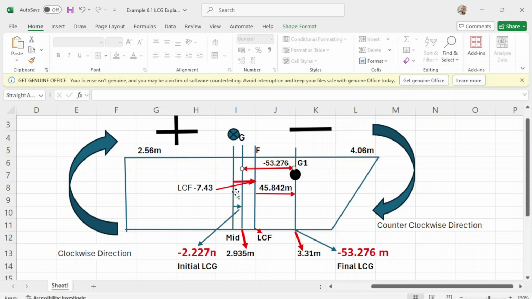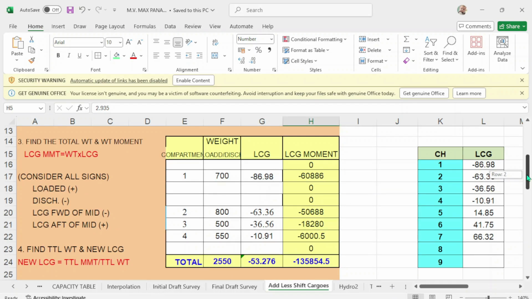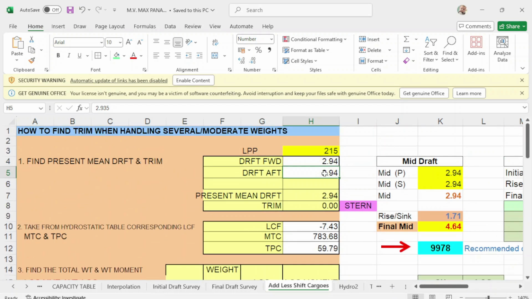From here going here, that's your LCF. How do you know it's on the forward part? Well, according to your draft of 2.935, your LCF is negative 7.43.